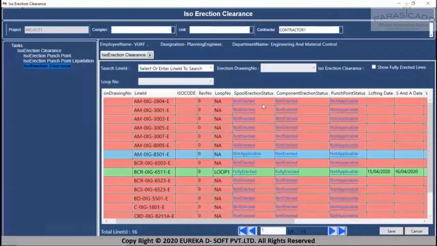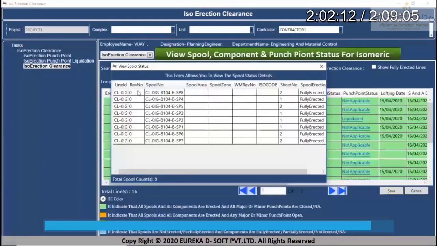Now at a line level, you can see this. There are certain lines which are highlighted in green, which means all the spools are erected, all the erection components are completed. Something is highlighted in blue, which means certain items are pending. If it is in red, no progress has happened. So at a line level, loop level, system level, what is the breakup? The system will take me from loop level to line level. From line level, it will take me to the component level and spool level, and it will show me the progress. So I have a drill down feature from the top hierarchy level to the bottom level.